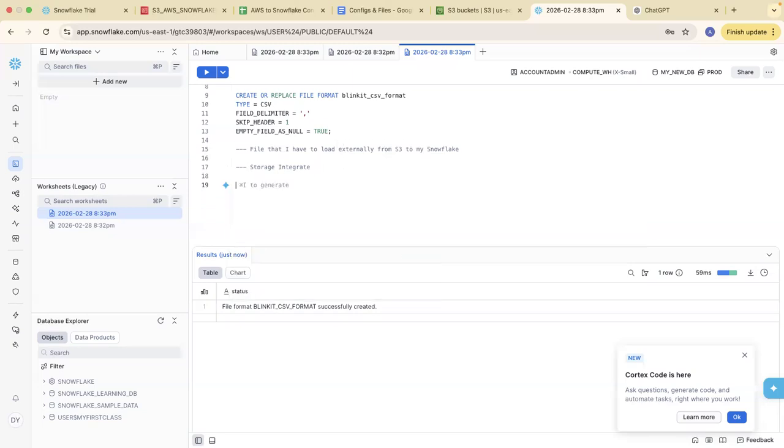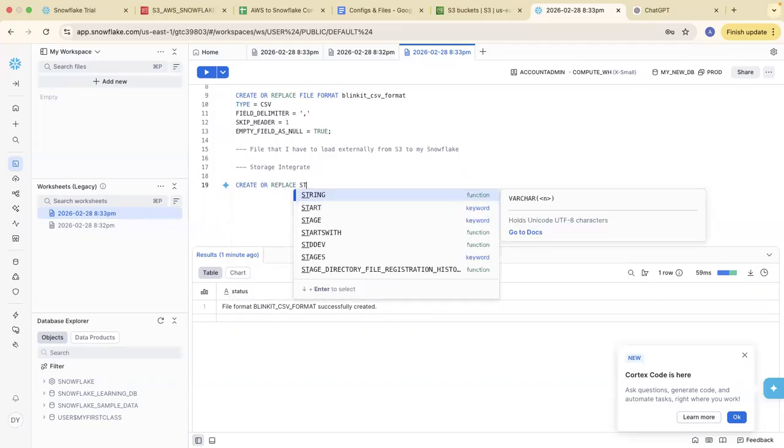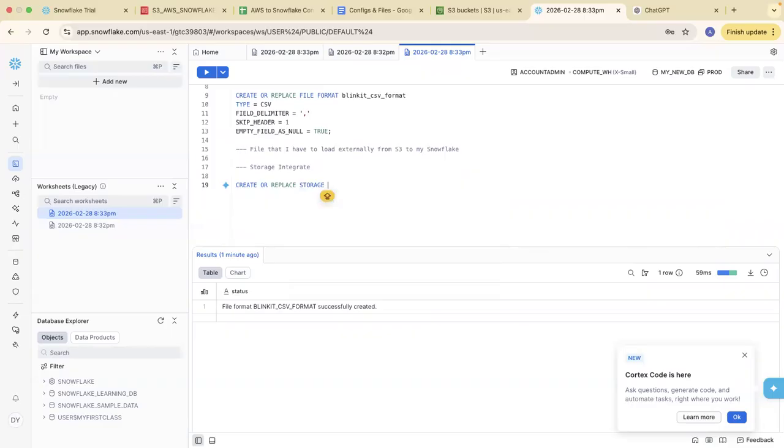So I will write here: create or replace storage integration, and I will give an integration name as S3 Snowflake integration.